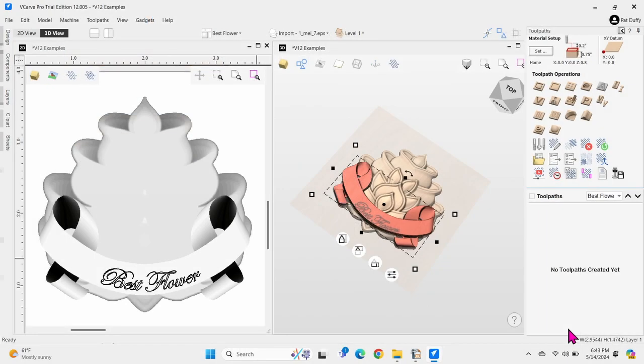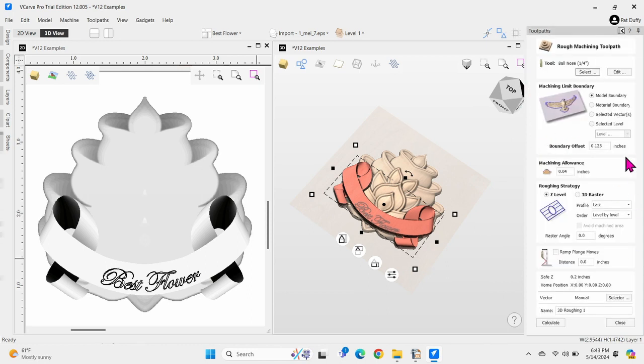Okay, I like it. Now it's just a matter of tool paths. And so the tool paths you have, if you call the roughing tool path, I'm going to throw in a 1/4 inch end mill. I'm not going to worry about feeds and speeds on this one, just to show you what happens. Offset boundary is generally half the diameter, or 1 time the radius,